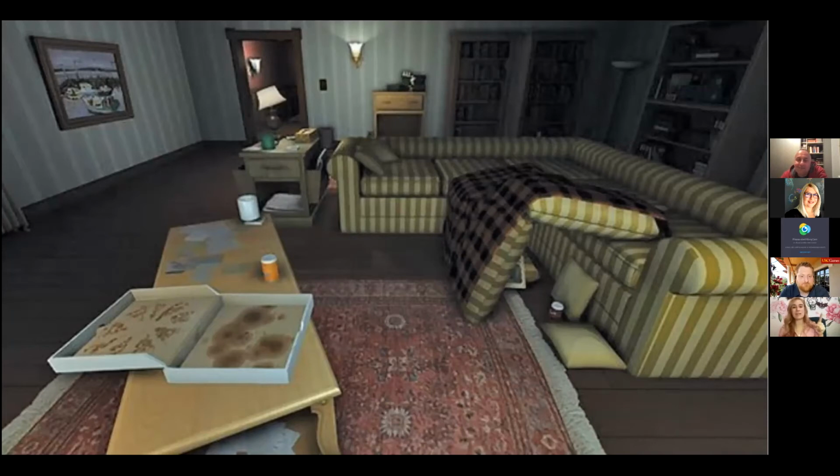Yes, it looks like a very messy room. What room is it? Thank you, Martin, for jumping in the chat. The living room, absolutely. All right. What's the state of the room? It's messy. There was a party last night. Absolutely, there was definitely a party. It's messy and quiet. It looks like it's from a horror game. It is lit a little creepily. Pre-COVID era party, absolutely. The main character probably had too much to drink.